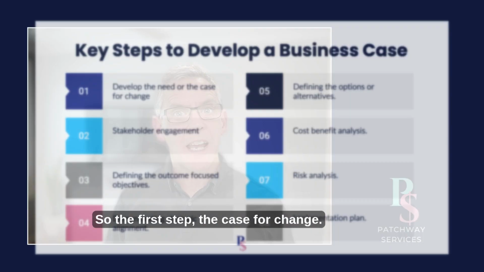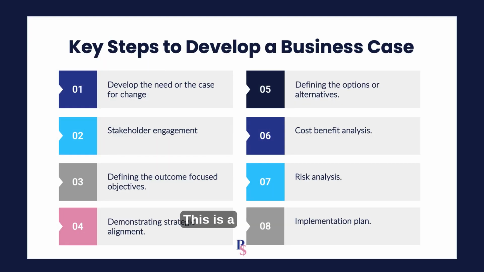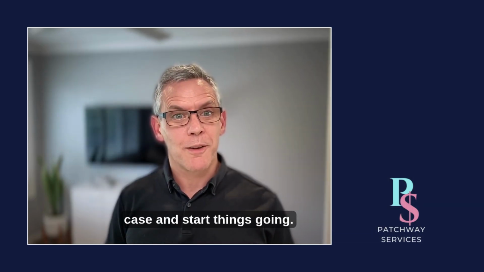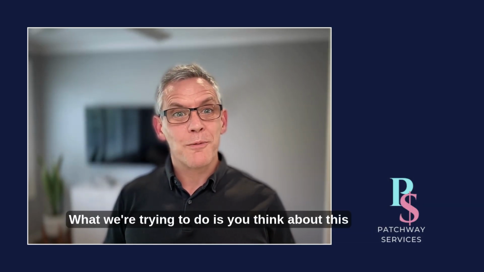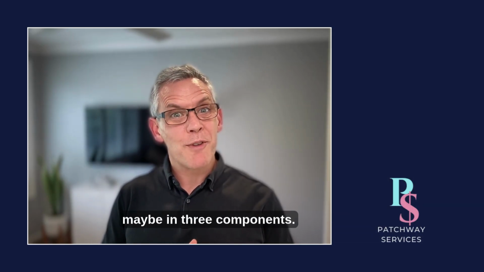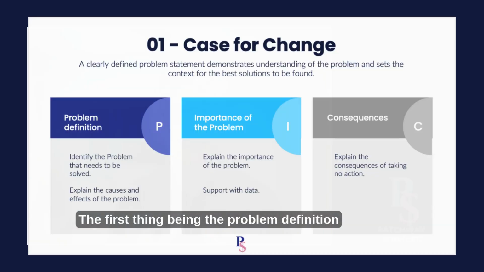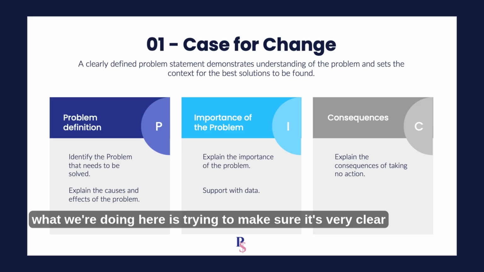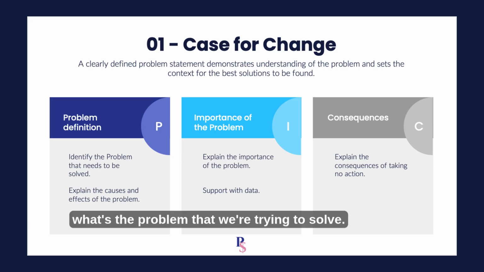So the first step, the case for change. This is a really important part as we commence our business case and start things going. What we're trying to do is we think about this maybe in three components. The first thing being the problem definition. And what we're doing here is trying to make sure it's very clear what's the problem that we're trying to